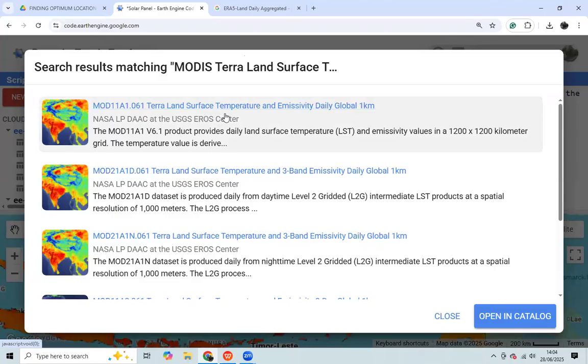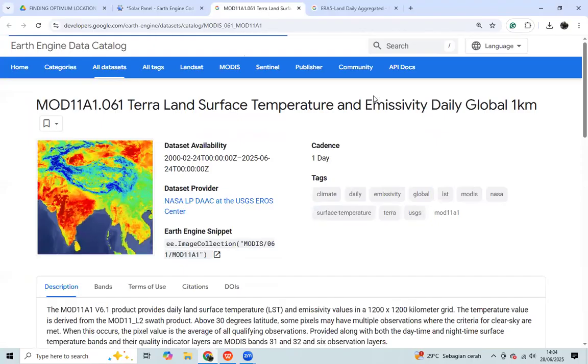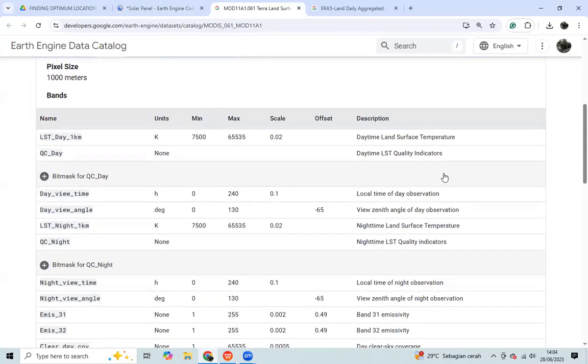We use the Terra land surface temperature and emissivity daily data. Then we can view the dataset indicator page. We can see the land surface temperature data.